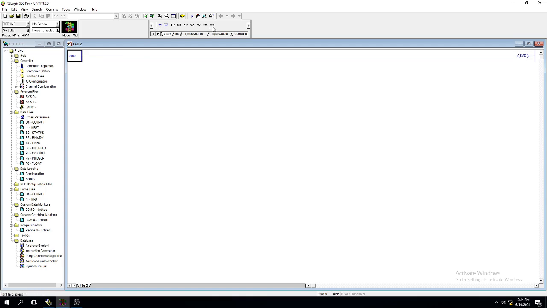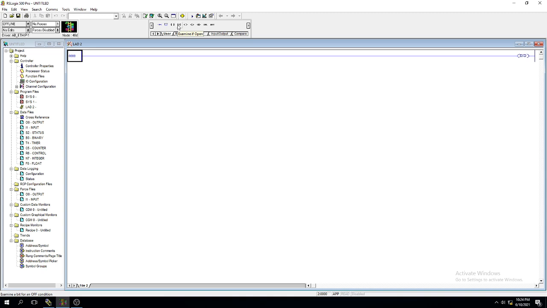In order to write the program, look at here, we have some components. New rung means it gives a new line, and this is the rung branch. In order to add a new branch, we have to apply it here. This is our normally open, Examine If Closed. Another name for it is the normally open switch. And this is the normally closed switch.